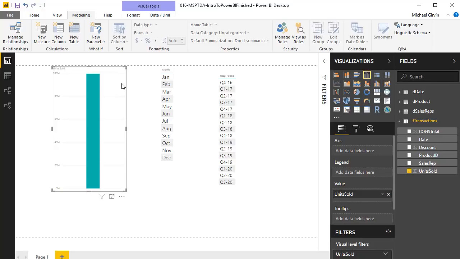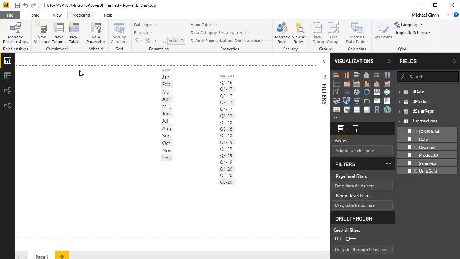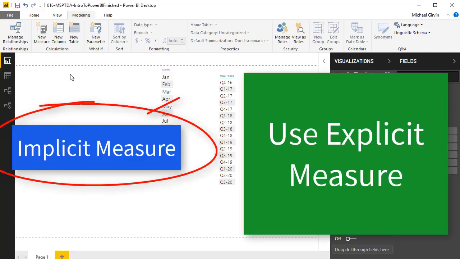Things like the name of the measure, the actual functions that go into it, the formatting. And also, there's a different problem. If you ever publish this to powerbi.com and then try to download it into Excel, implicit measures will not show up. So we want to follow our rule that we learned over in Excel